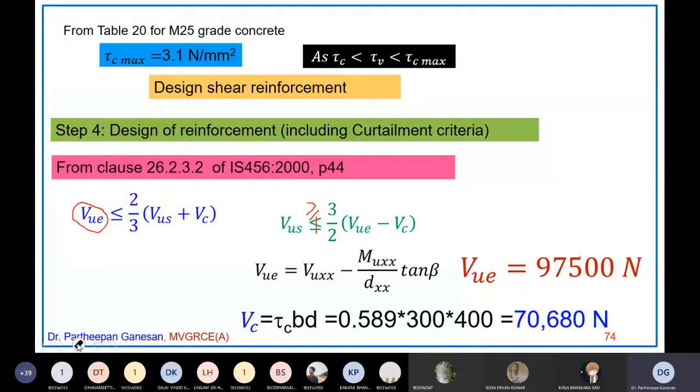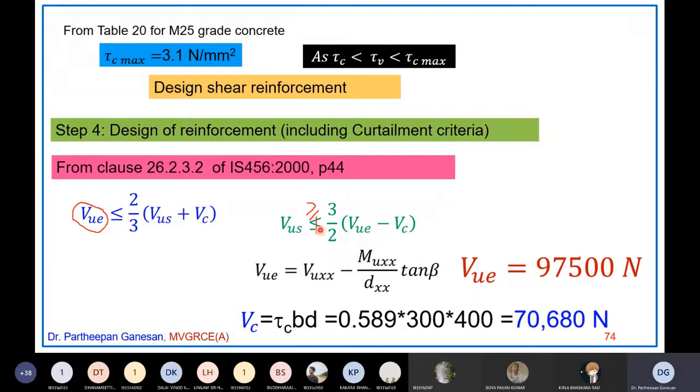D is at 1.5 meter, that is 400 millimeters. So if you calculate this tau C BD, it is coming out to be 70 into 680 Newton. So remember,